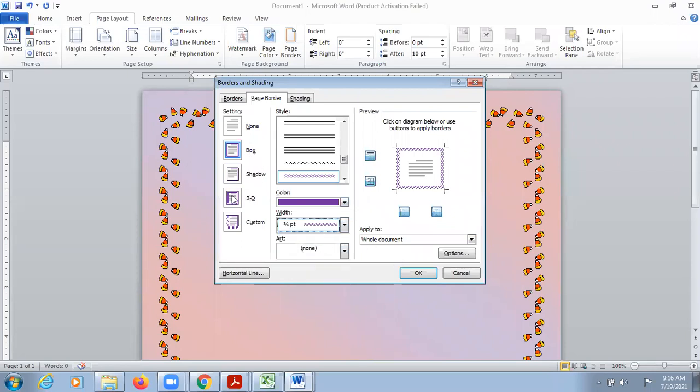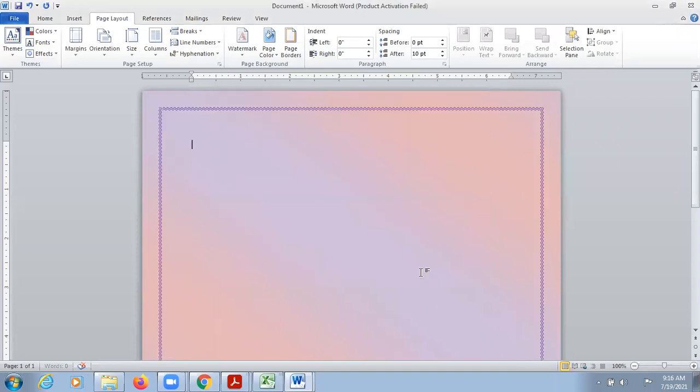Okay, if you want to give any 3D effect, okay, so this type of border will be inserted. So it is totally up to you which type of border you wanted to insert.